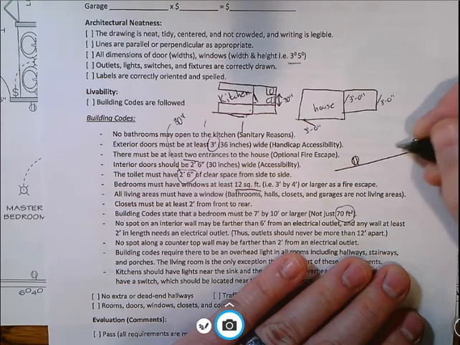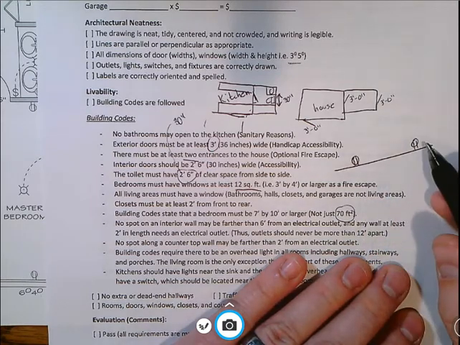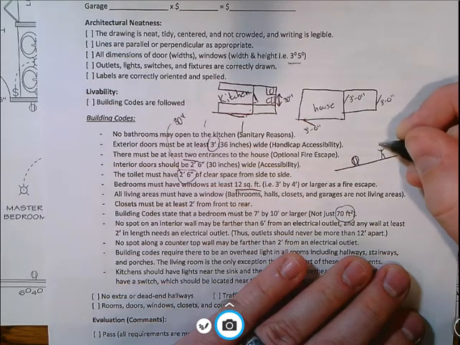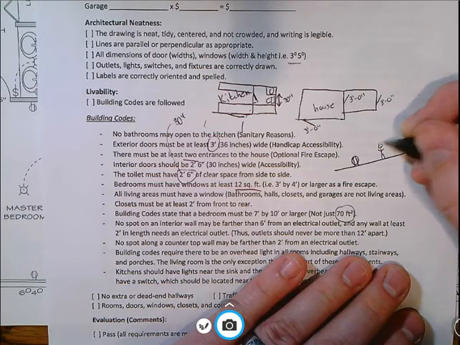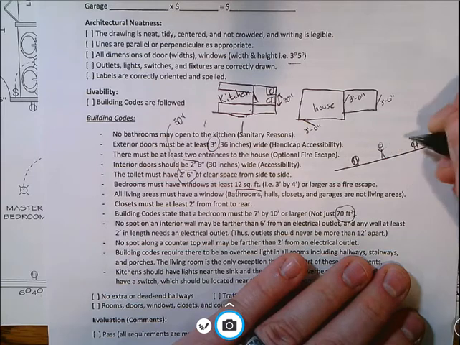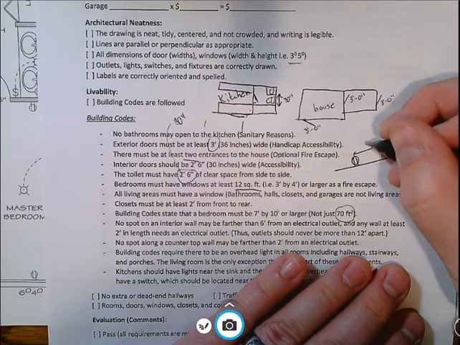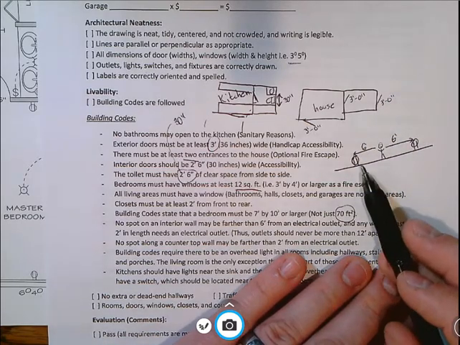Technically, what code says is that no space on a wall can be further than 6 feet from an outlet. So let's say you're standing here as a person, you're really happy to be here. If you are 6 feet away from this outlet and 6 feet away from this outlet,